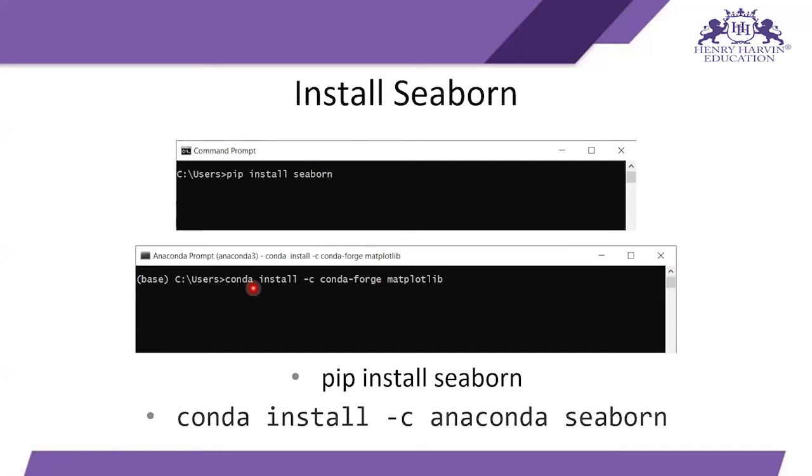Next comes Anaconda. If you are using an Anaconda environment, then first activate your environment, and if you don't, then the base environment is activated by default. When you open the Anaconda prompt, the environment which is already opened is the base environment. So you just have to type conda install -c anaconda seaborn in your Anaconda environment. Then the Seaborn library will get installed, and you can just import it. In the coding session, I will also tell you how you can import these libraries, so don't worry about that.